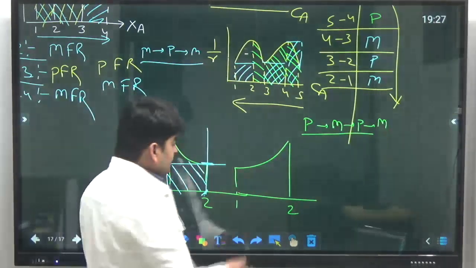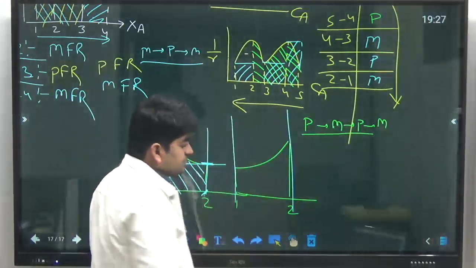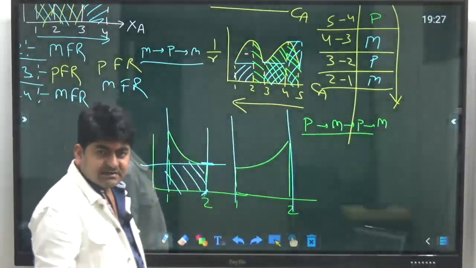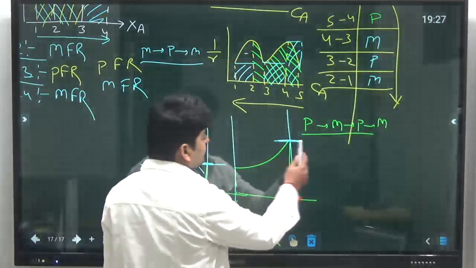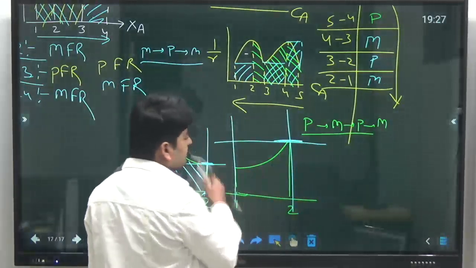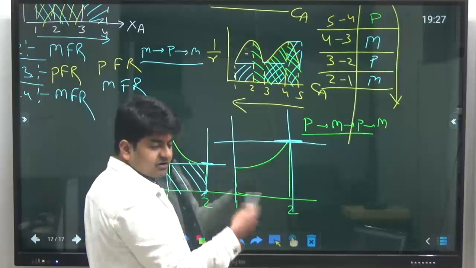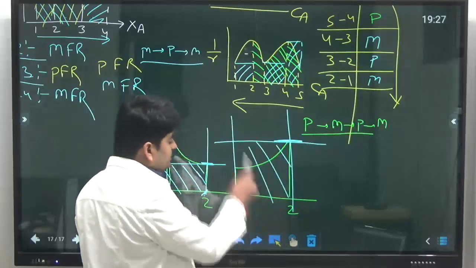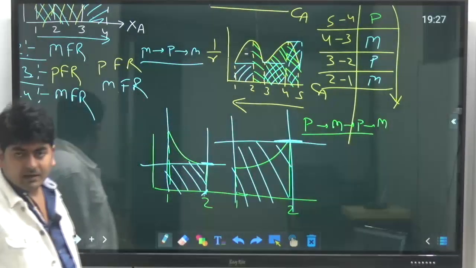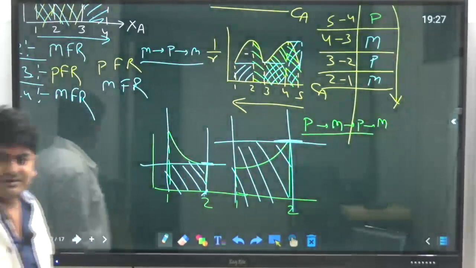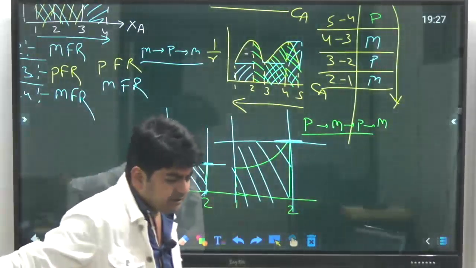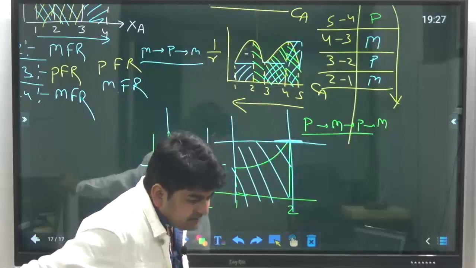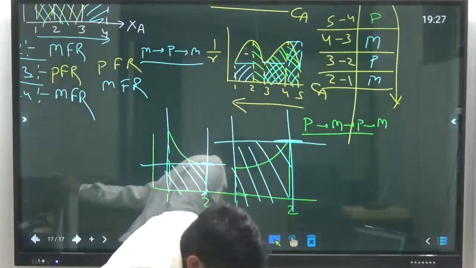Simple. Similarly, in the second case, two vertical lines. Now the final point is intersecting the curve here. Draw one horizontal line from this, and the covered, bounded region will be the required rectangle for the MFR. Okay, so that's how you can identify that. It's simple. That's not a big deal. Okay, 93.